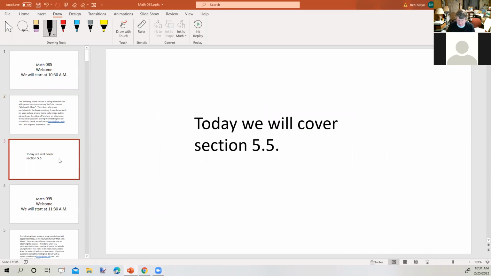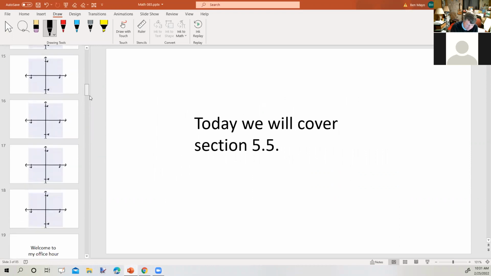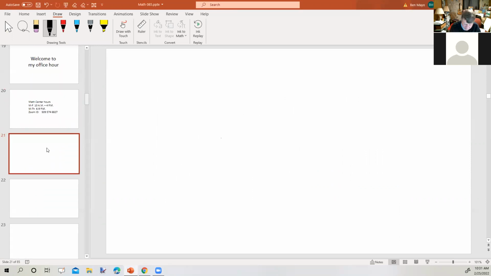All right, so today we're going to go on to section 5.5. But before we do that, I had one request. So I will take a look at that. This is from section